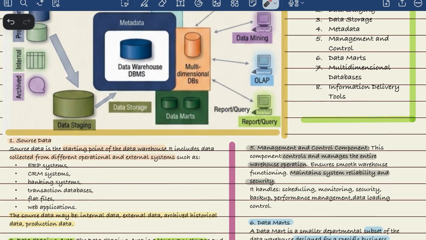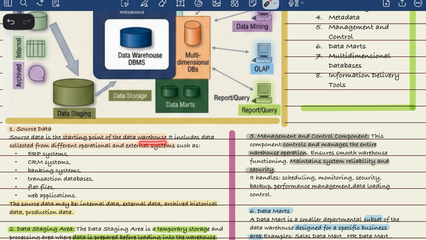So the source data is the starting point of the data warehouse. There is data coming from everywhere. You'll see data from the billing system, the customer CRM, and messy Excel sheets. So it is raw. Here the data is mismatched and chaotic, but without it, the data warehouse has nothing to process. So we need data. So it is very essential.